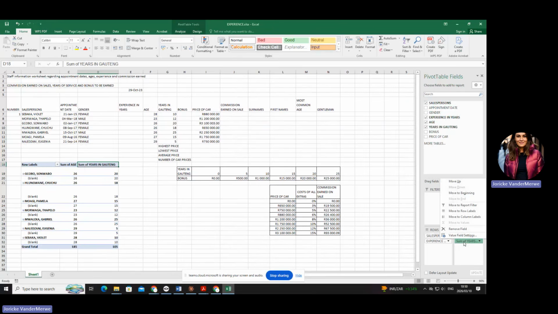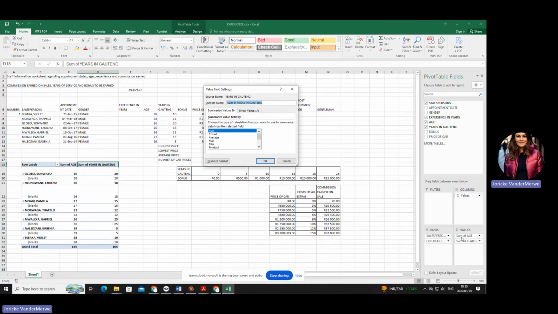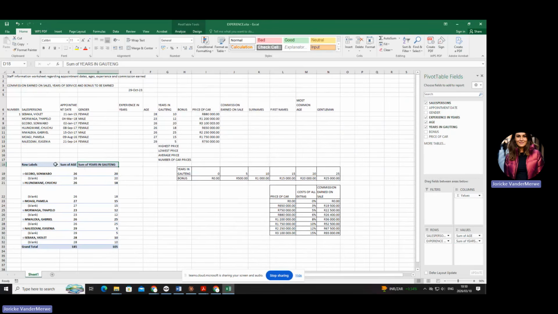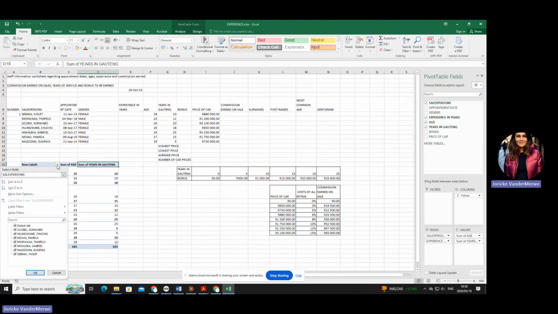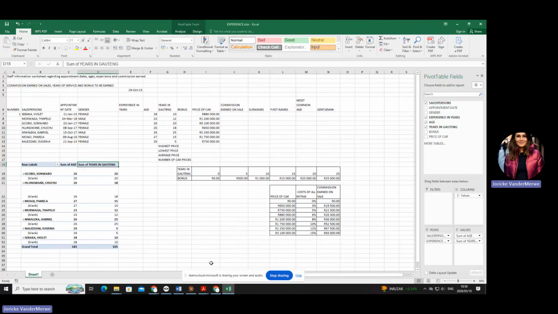You click on it with your left. And then you're going to go to the value field settings and then you can choose average. Okay, if they ask that of you. But mostly the default is sum. So I'm going to leave it as is. Are you with me? Okay, fantastic. Now let's go to the next part.